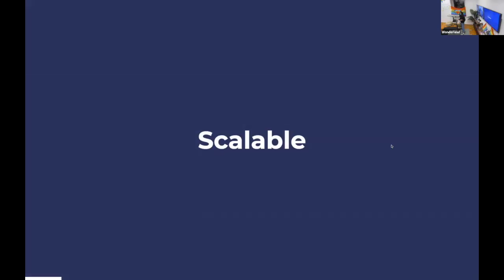So the best things about the SVG, if we compare with other images like JPEG or GIFs, the first one is that it's scalable. You can have a very small image, and if you grow the image, you won't lose any quality. The file size will always be small. If you have a JPEG and you want to make a logo very big, or you have the same file as an SVG, because it's a vector graphic,